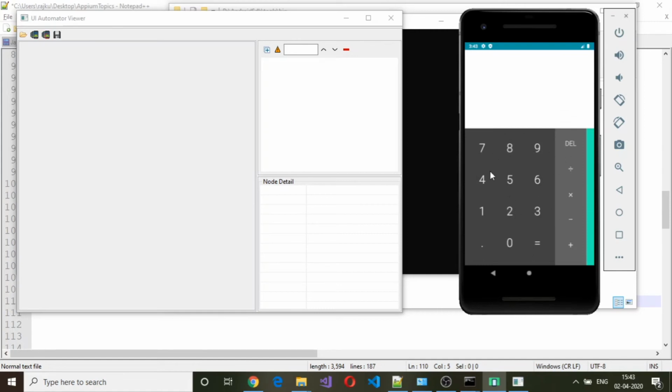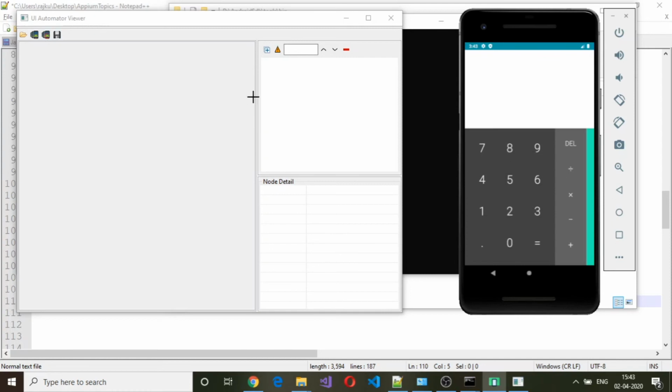So in order to click on these buttons, I need to know where exactly on this particular screen these buttons are located. So to find out the location of these buttons, we cannot get it from your Android device. For that, we need to use this